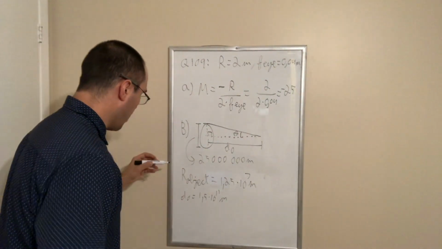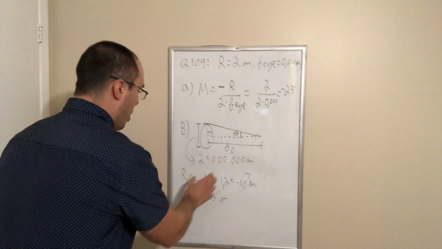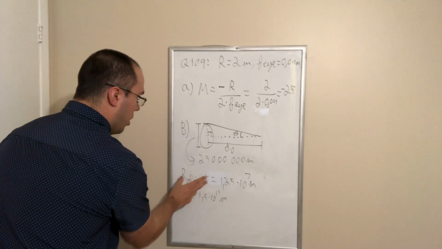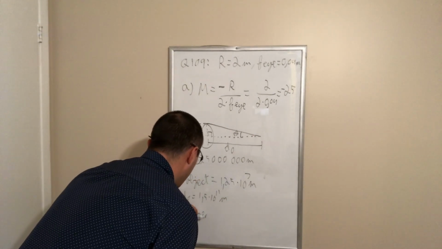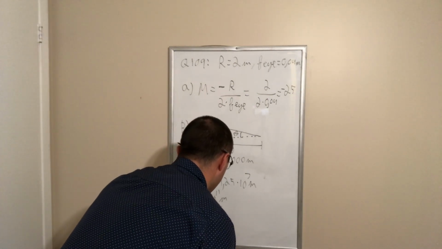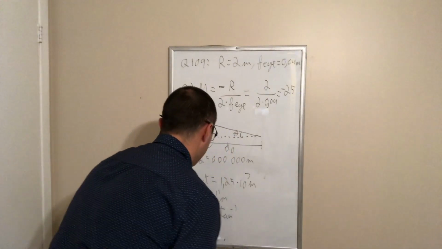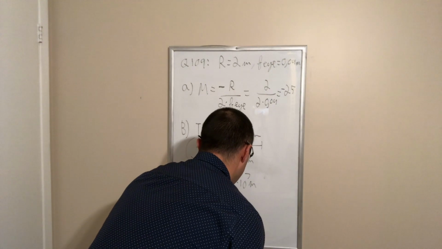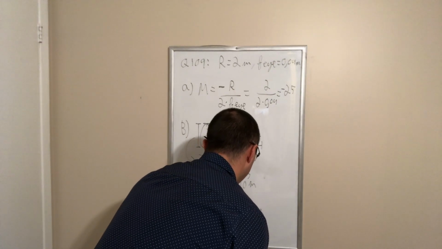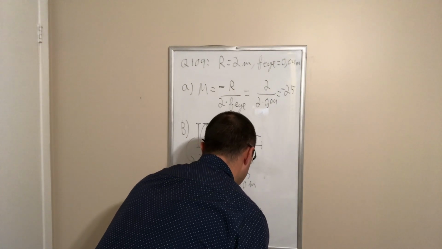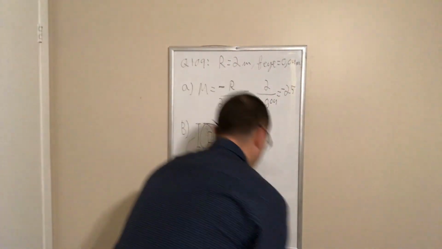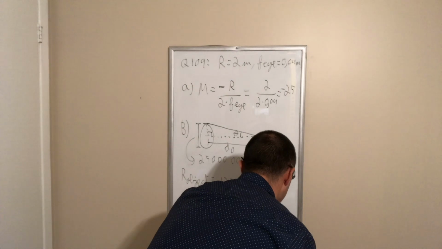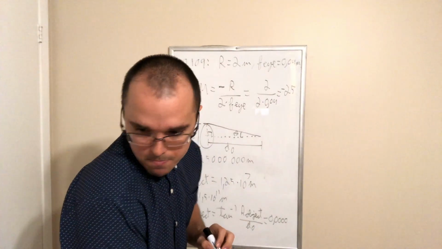Now, the angle of the object is equal to the inverse tangent of the radius of the object divided by the distance of the object, and it's equal to 0.00083